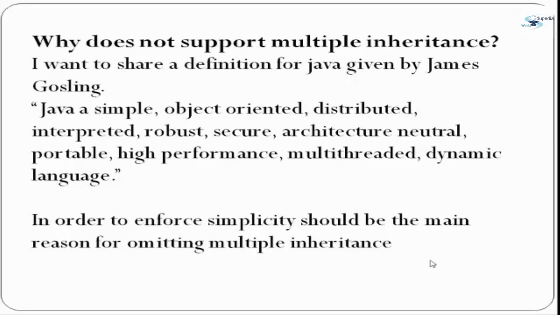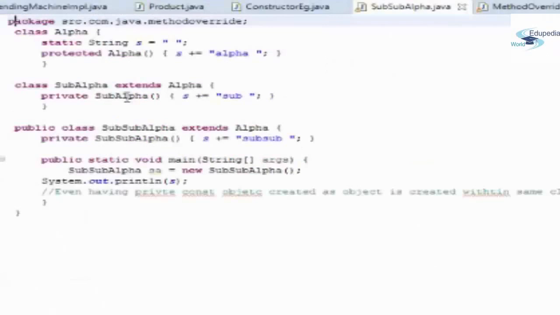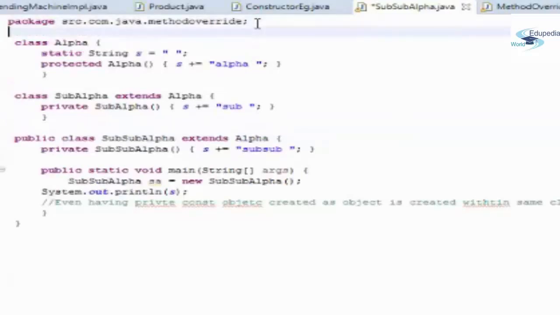Now let's quickly do an example where I will show you the use, or the benefits, of super in a constructor using inheritance. So let's do that. Okay guys, so this is an example. Before super and this, I'm going to show you this example and it will clarify some of your doubts.